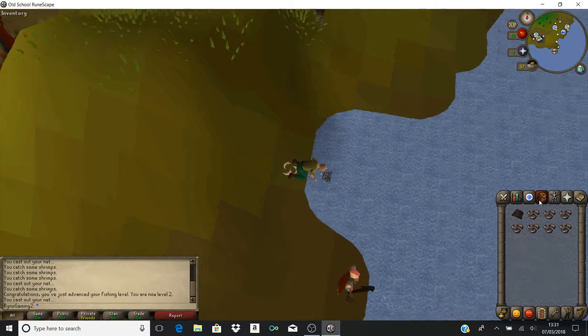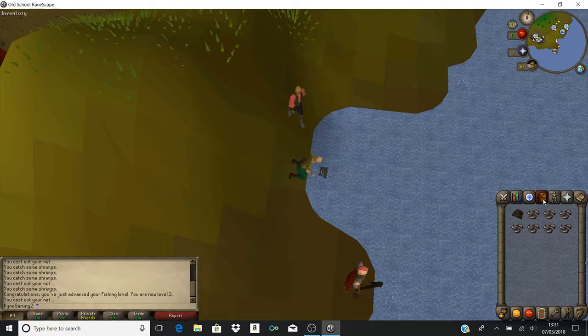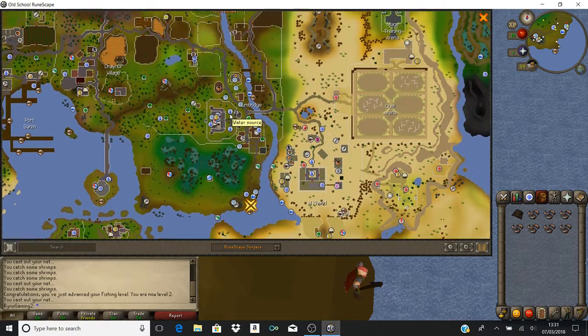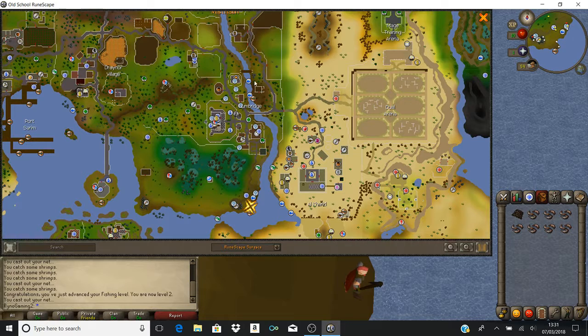In terms of the location I'm at today, guys, again, I've kept it pretty local to Lumbridge. So we've got Lumbridge here. In previous videos, we've been heading to these areas here, up in the north. On this occasion, I've actually gone south out of this end of Lumbridge, down this path, down to this little fishing spot here, which is signalled on the world map, just east of the Lumbridge mine as